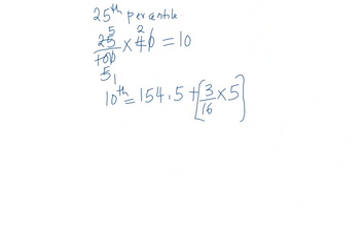So we work out this, 154.5 plus 3 over 16 multiplied by 5, you will get